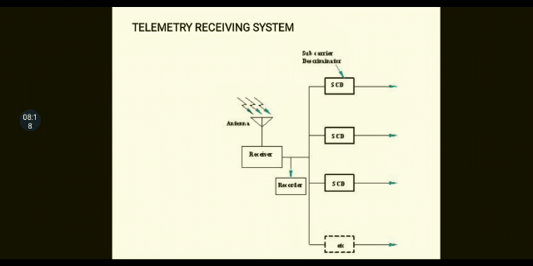Next, similarly, the same receiver will be having other frequencies also. So we need to have discriminator 2, 3, subcarrier discriminator 2, 3, like that. In the sense, we require different filters, maybe filter 1, 2, 3. 1 is meant for pressure, 2 is meant for acceleration, 3 is meant for temperature, etc. We need to put it here and filter the required frequency and send it to a recorder or a display unit. So this is how this receiving system will work along with the transmitter system.